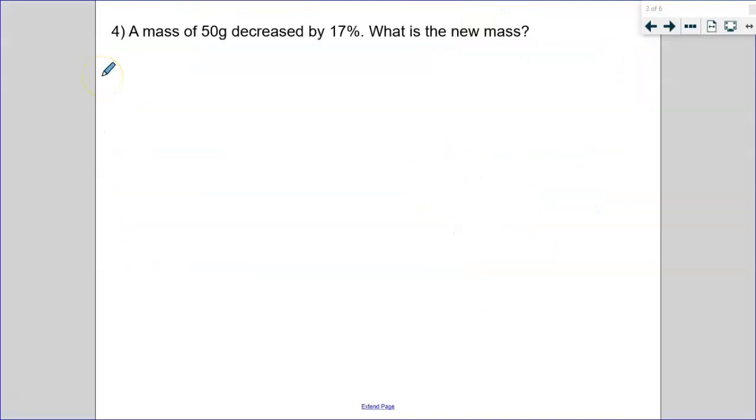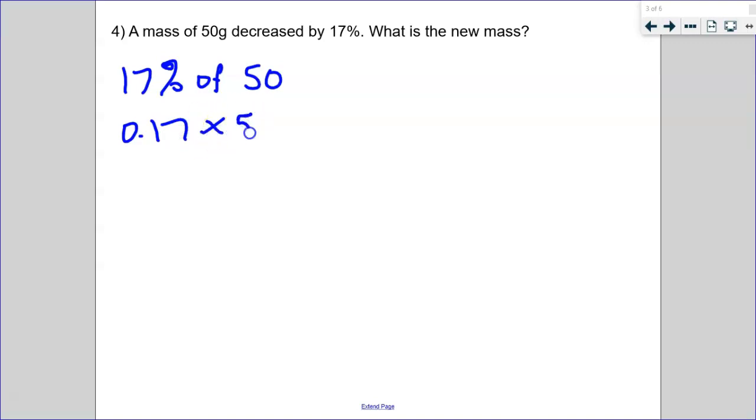Okay, so now we have a question that says a mass of 50 grams decreased by 17%. What is the new mass? So now we are subtracting instead of adding, because decrease means going down. So again, you can do this two ways. So let's do the first way we did with the other one. We're going to take 17% of 50, which is 0.17 times 50. And that gives us